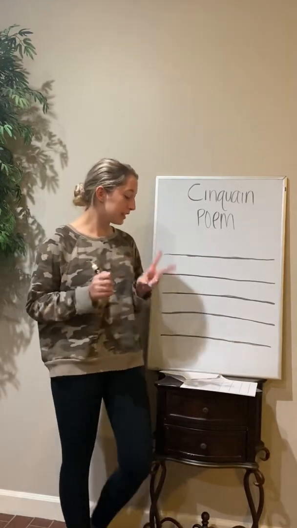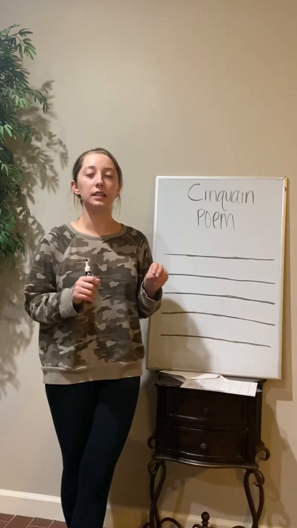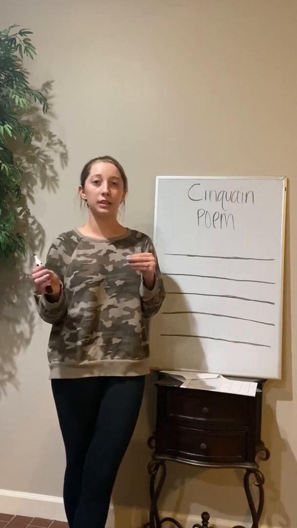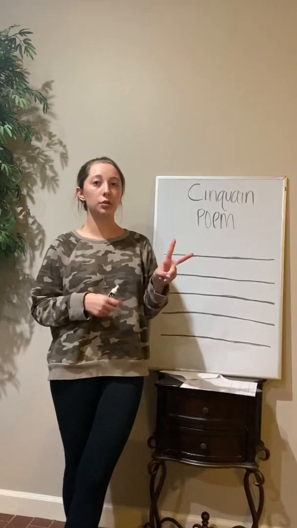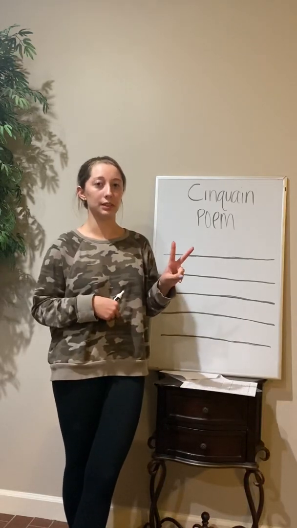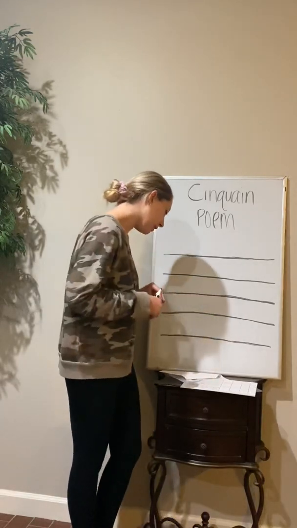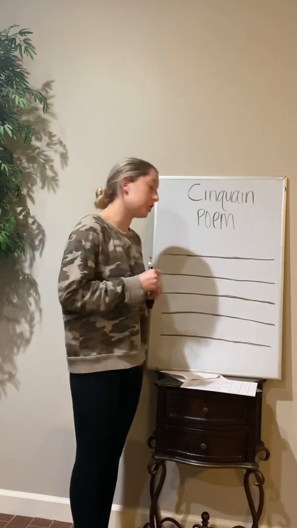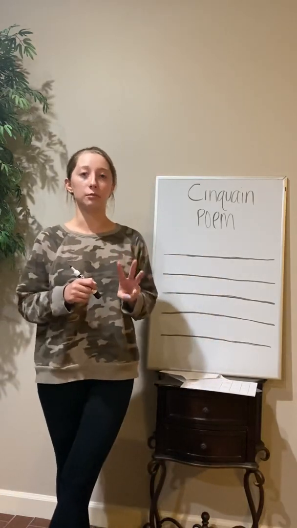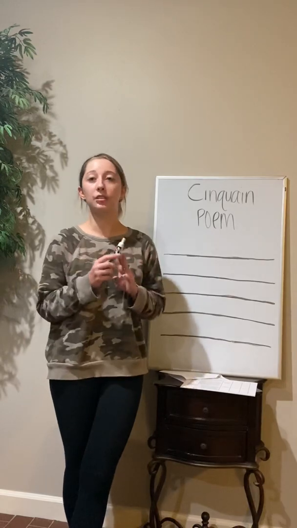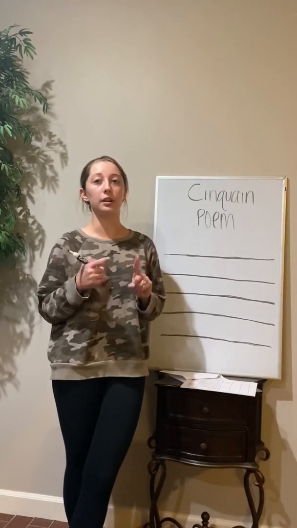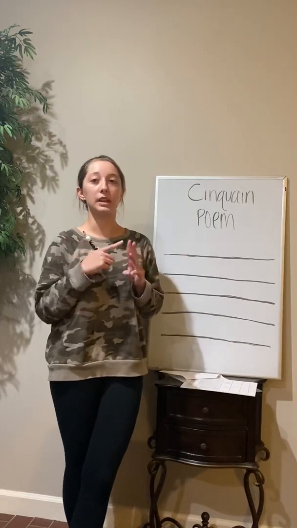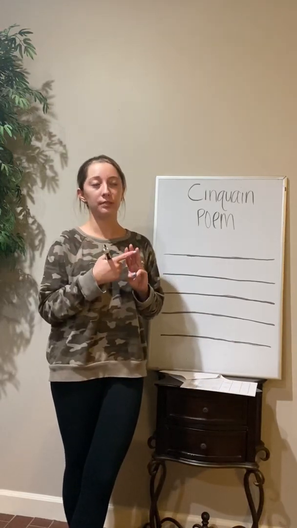Your second line is going to be descriptive words, like adjectives, to describe this topic, and you'll use two descriptive words for this line. On your third line, it will use three action words. That can be three actions that particular topic does. If you're talking about an animal, it could be three things that animal does.